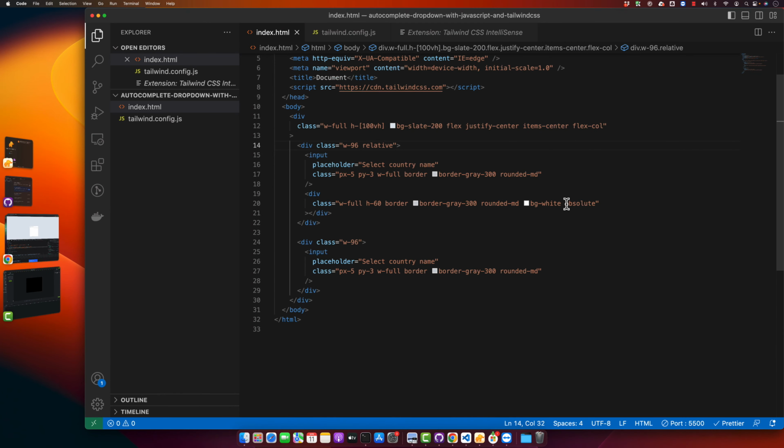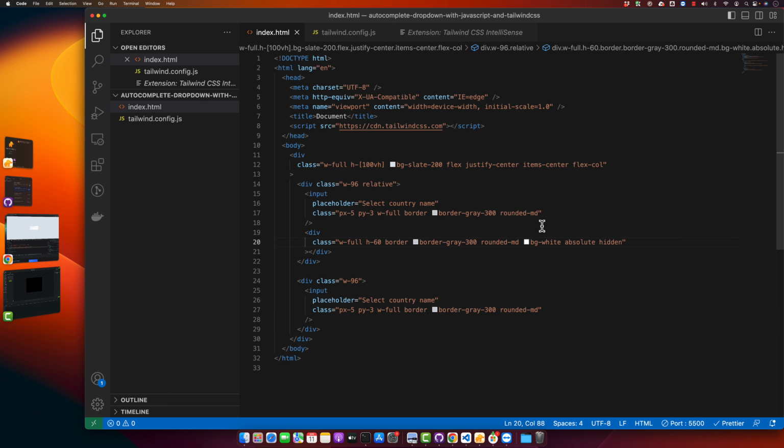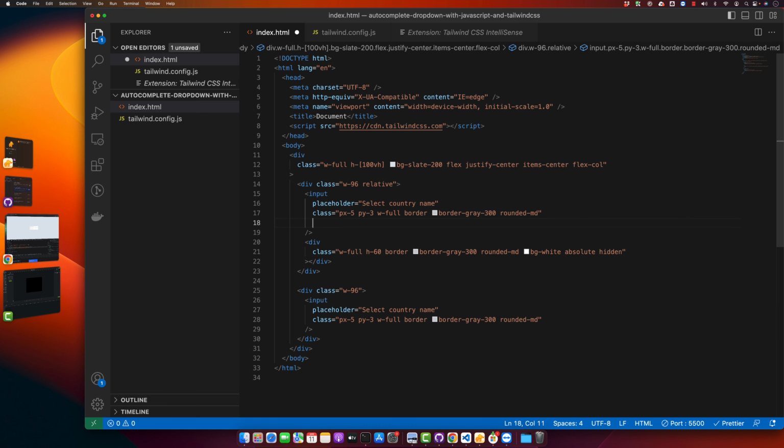All right, now I can add the hidden class. And this hidden class should be visible only when the user starts typing. So how do we detect when the user starts typing? For example, here I would capture an event that would be on key up,